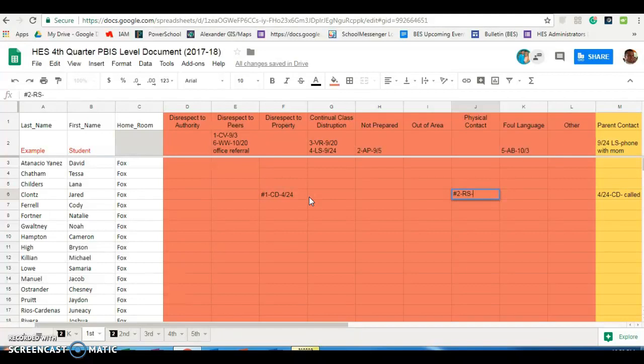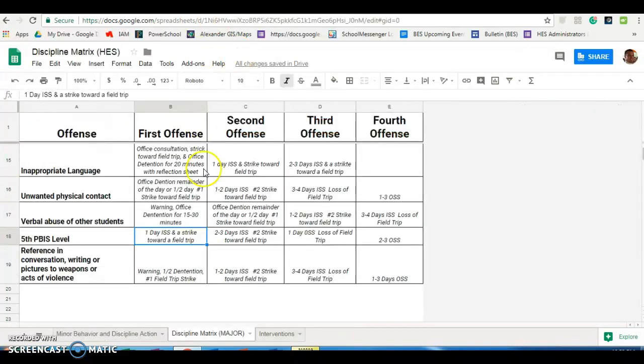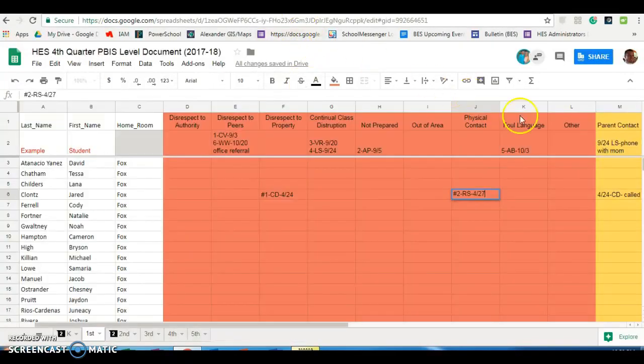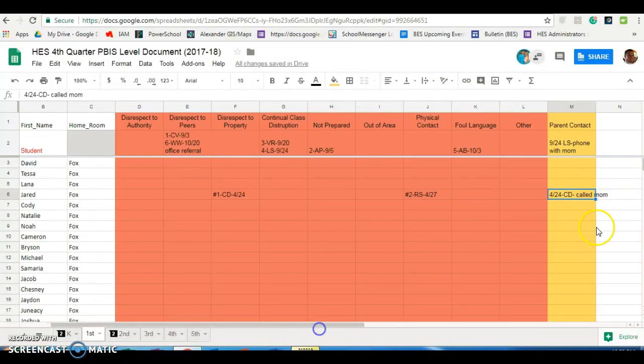type in her initials, put the date, and then you can go back over here and you can see that for the 2nd offense, this buddy teacher bounce. Well, he was already bounced to the office. She's going to have him complete a reflection sheet, and then she's also going to make contact with the parent or guardian. So once she does all that, she will come over here